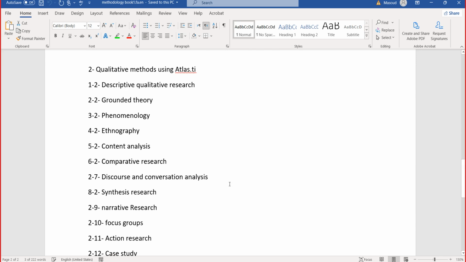Computer software for qualitative data analysis is not limited to a qualitative design. All of the designs can use a qualitative data analysis software to analyze the data.